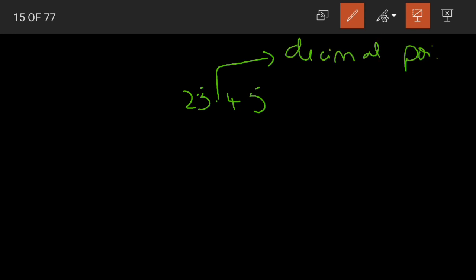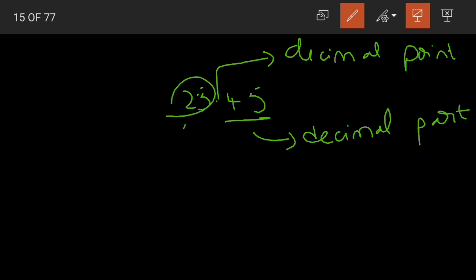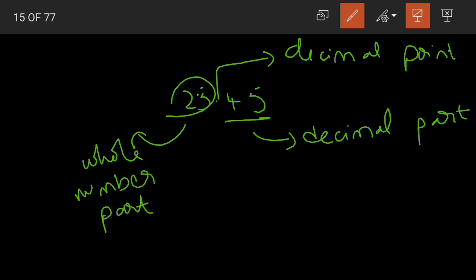See, here the decimal number is, let me write here, 25.45. Yes, we've learned this is our decimal point. This 45 becomes our decimal part. And this 25 here becomes our whole number part. I think I missed telling about this detail. Yes, children, we have these different parts. This is our decimal point. These two numbers become our decimal part and this becomes our whole number part.